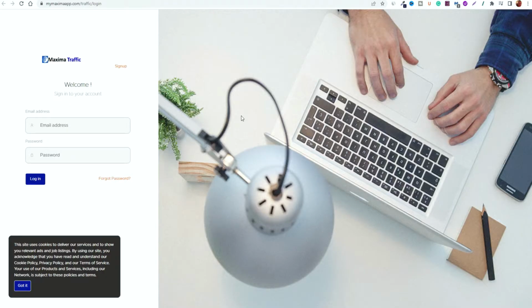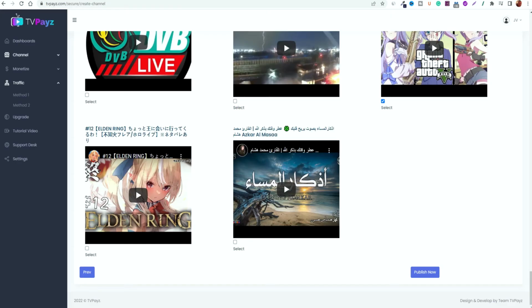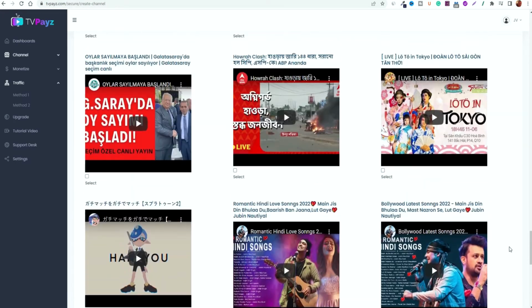If you look at the other traffic methods, as you can see, you have to sign in to another traffic app, which again puts you through another process in order to sign up, which essentially you don't really want to do. So you're being put through your paces and put through so many processes just to try and create something simple.